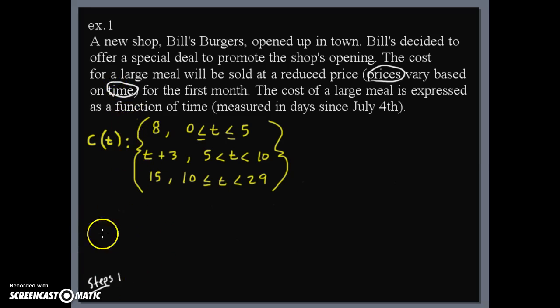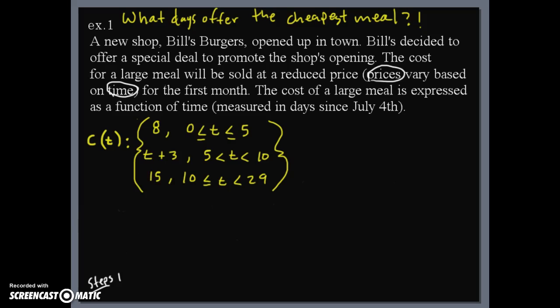So your first step here, and I'll go ahead and give you the question. If the question is asking you what days offer the cheapest meal, we know that we're going to have to convert this math to words to figure out what day is going to offer the cheapest meal. So that's what our first one is. Step 1 is to convert math to words,